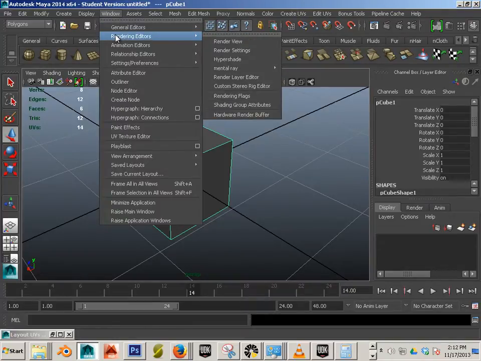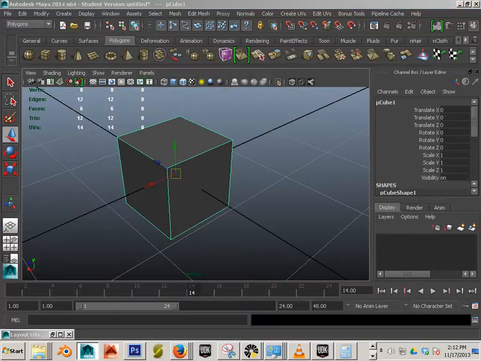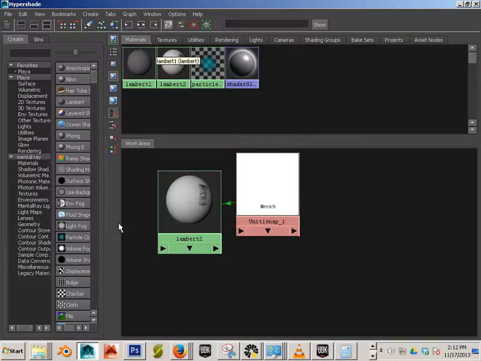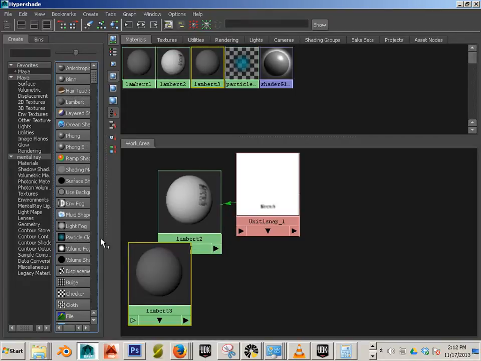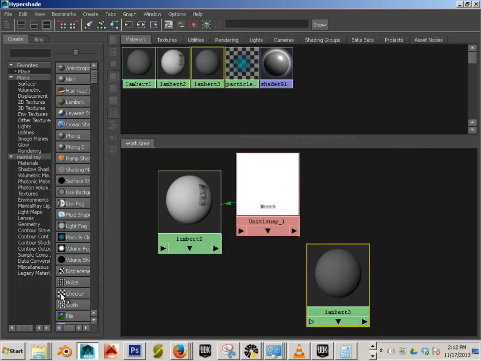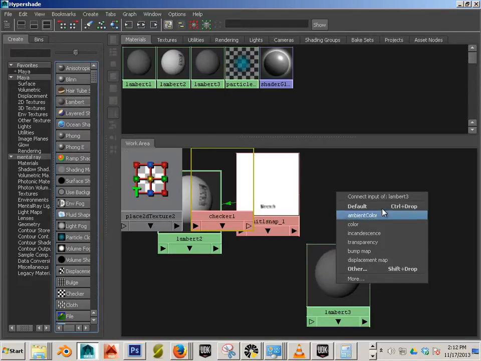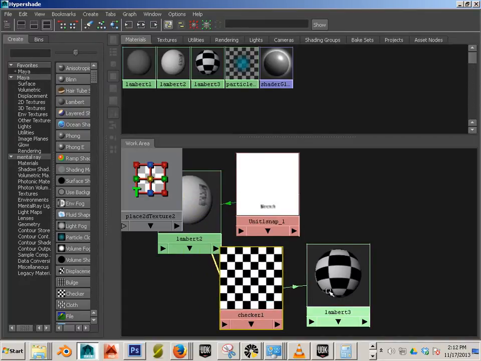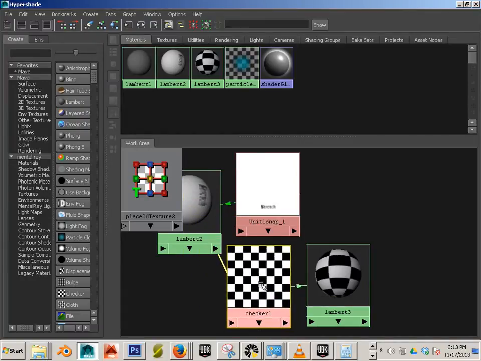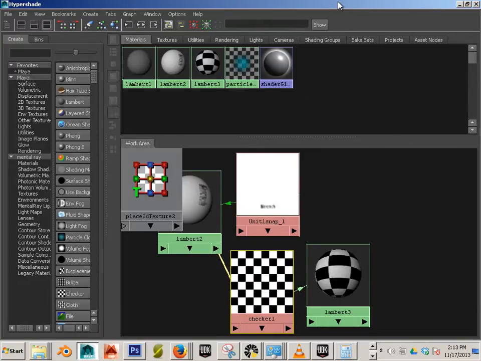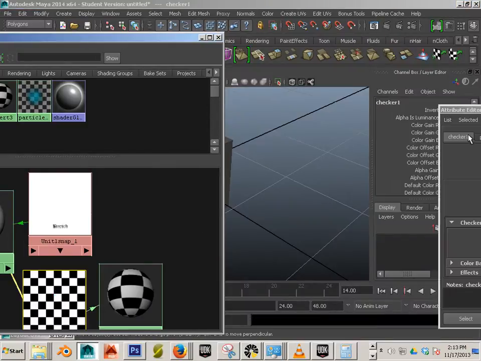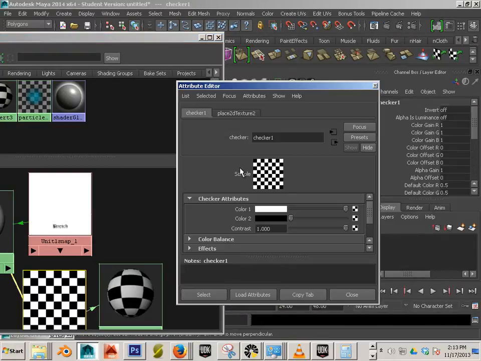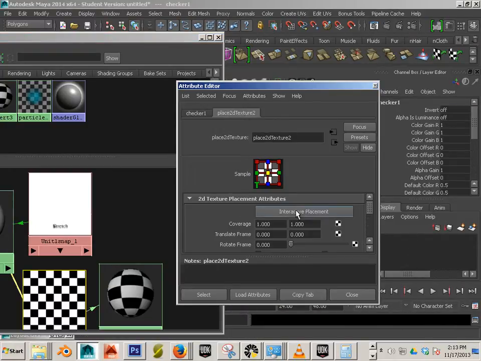So under here we have our hypershade window, and in our hypershade we have checkers. So I'll make a Lambert that has middle mouse button click and drag checkers attached to default. And then what I can do is go to the checker, which is a texture, double click on it, and it will bring up this attribute editor. And in here I can go to place 2D texture,